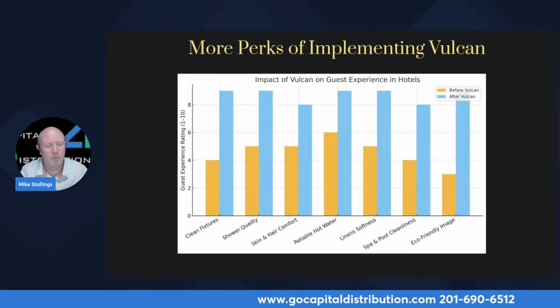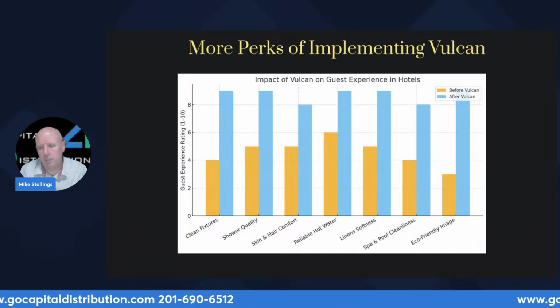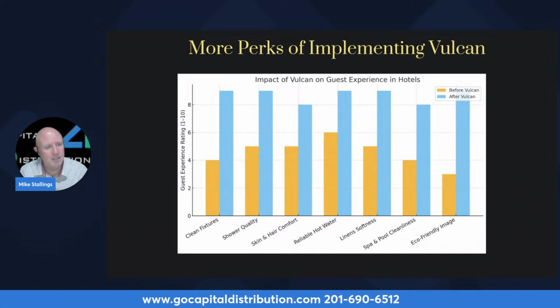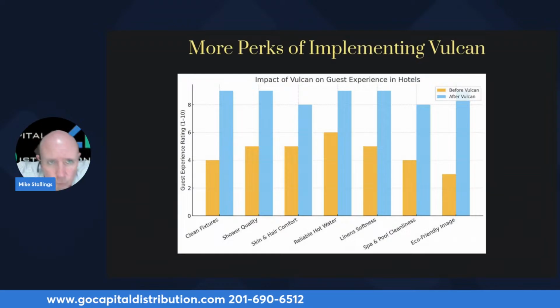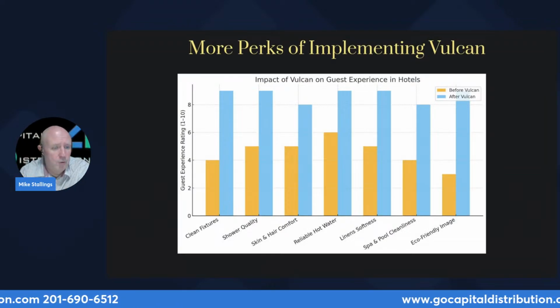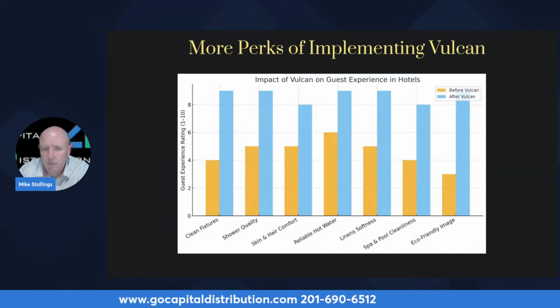A lot of people will actually get a separate Vulcan just to treat the pool. And then the eco-friendly image. Of course, one of the things about water filtration is that if you're using a softener, you have to use salts and or chemicals. You have to flush the system every 6 months. None of that is eco-friendly. Vulcan is very eco-friendly because it's not utilizing any of that. It's just wrapping around your pipe, utilizing electrolysis. Set it and forget it, and you're actually solving the problem.